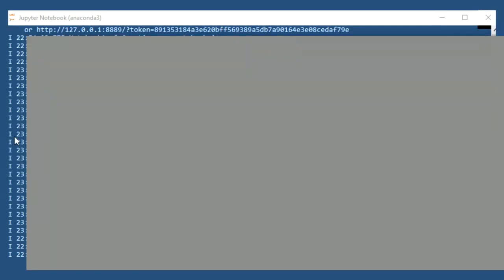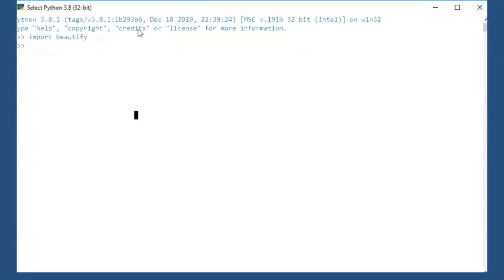Okay, Python 3.8. Where is it? So many are there. You're able to see my screen, right? This one, the Python screen. If you see now, I am trying to do Python Beautify because I installed it. It got installed in my local machine on 3.8, but not on Jupyter.